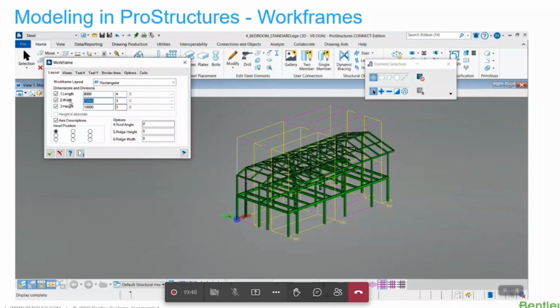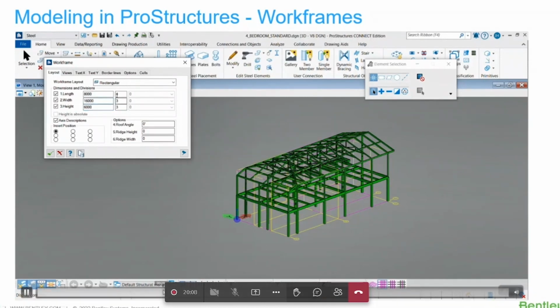So you can just select and give the proper properties like length, width, and height for the geometry. It also helps us define the grid line in our 2D drawings. Okay, and then